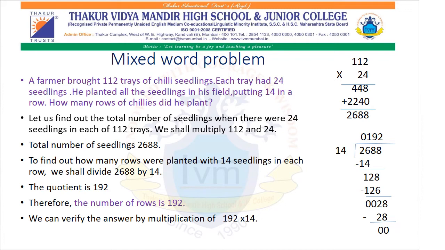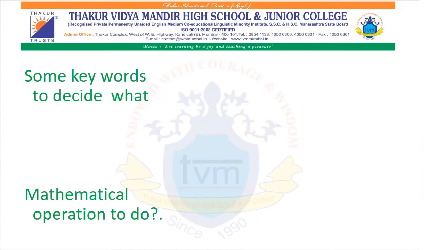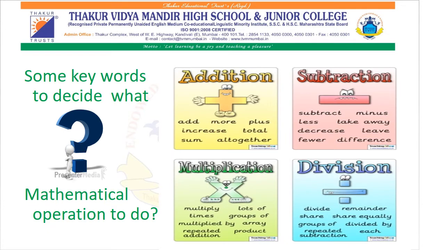Is it an easy mixed word problem? For that, we should first know what operation we have to do. Whether I have to do addition, subtraction, or multiplication. To understand that, the first thing is we read the problem 2 times. Then we can search for some keywords. Here are some helping words for you, that tell which operation to do in this sum.